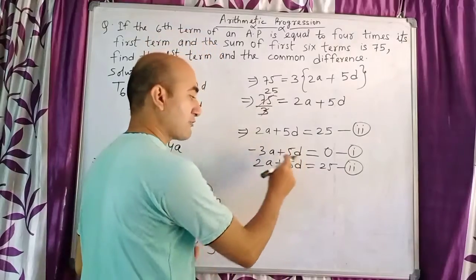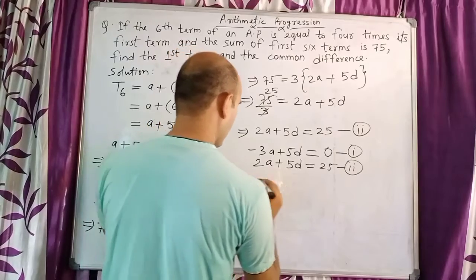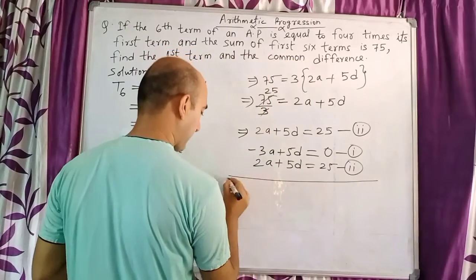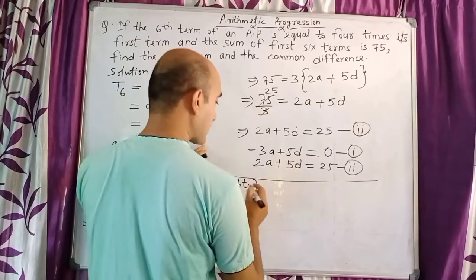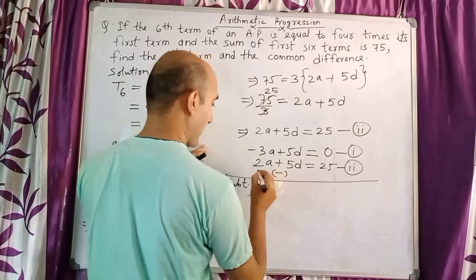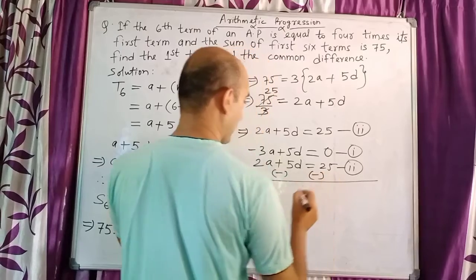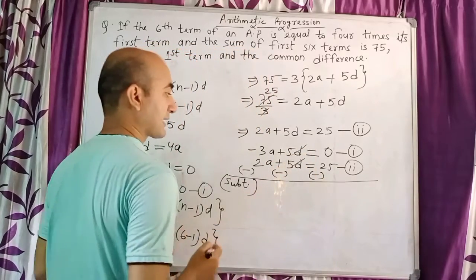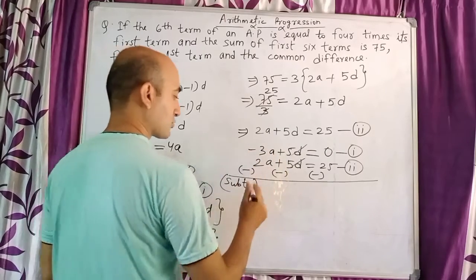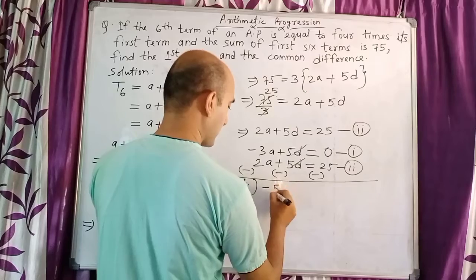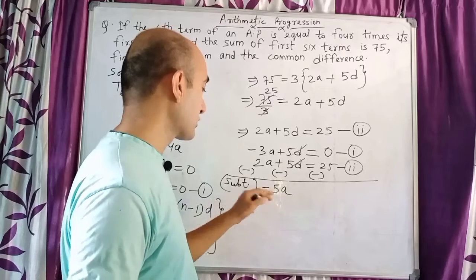Why? Because 5d both are equal, we can cancel, but both are plus plus. So to make one of them minus, we'll have to subtract. So subtract I am writing in shortcut. By writing subtraction, what happens? This plus becomes minus, this plus becomes minus, this plus also becomes minus. So now this 5d got cancelled, plus 5d minus 5d. Now minus 3a minus 2a is minus 5a. Both are minus minus, both of them will be added and result also will be minus.